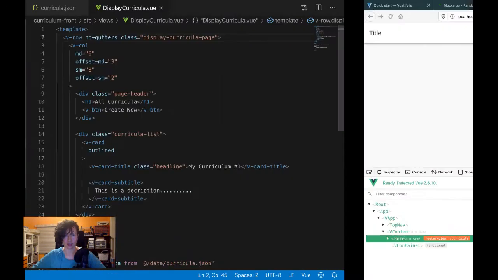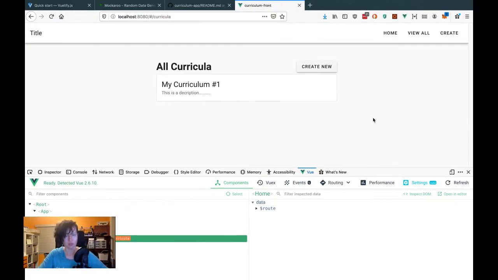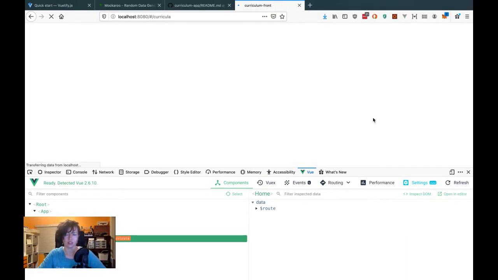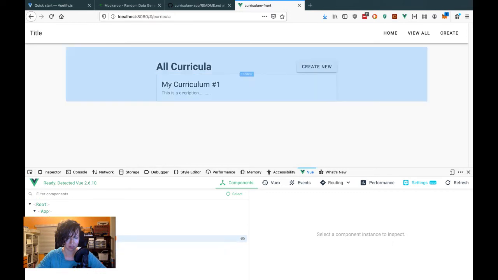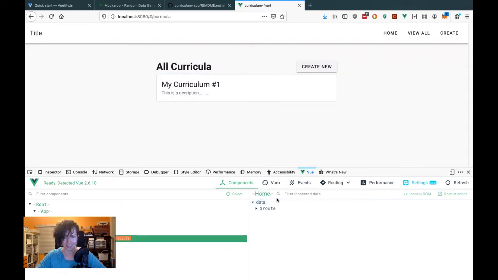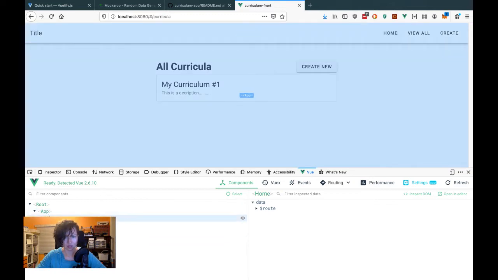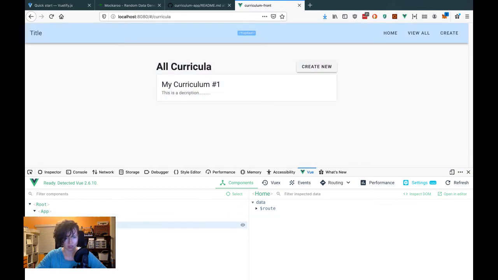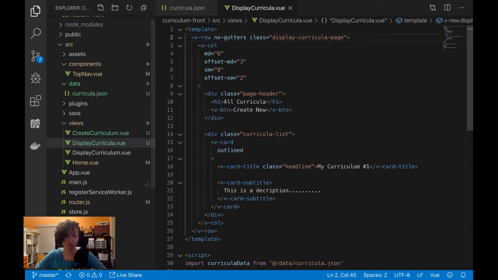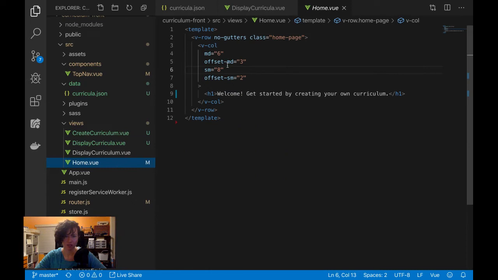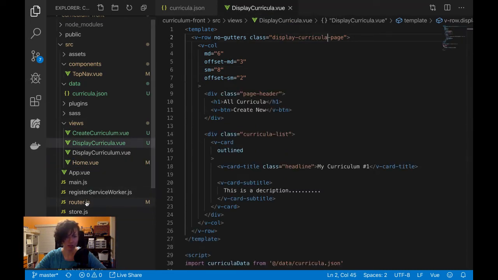Sweet. Okay. So now I'm going to do Command Shift R. And what in the world? Okay, so I have my top nav. So it's displaying as home. And then in the router,